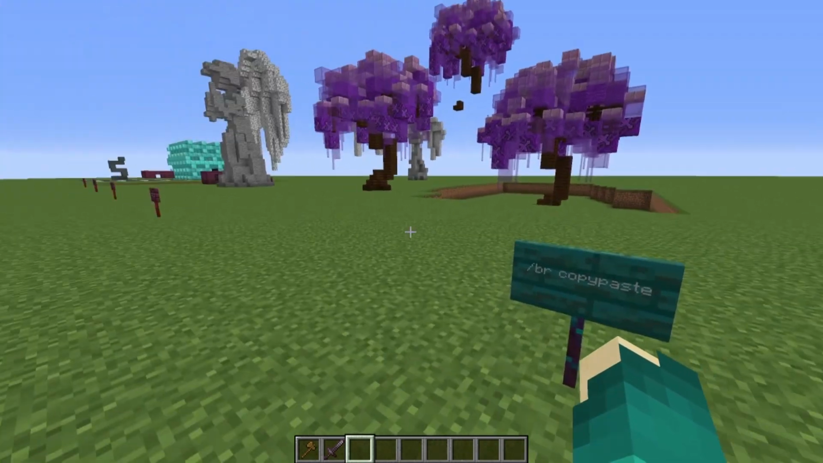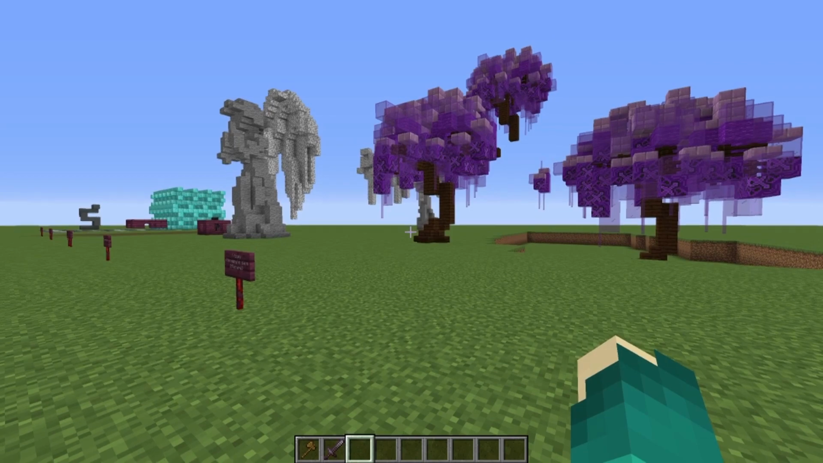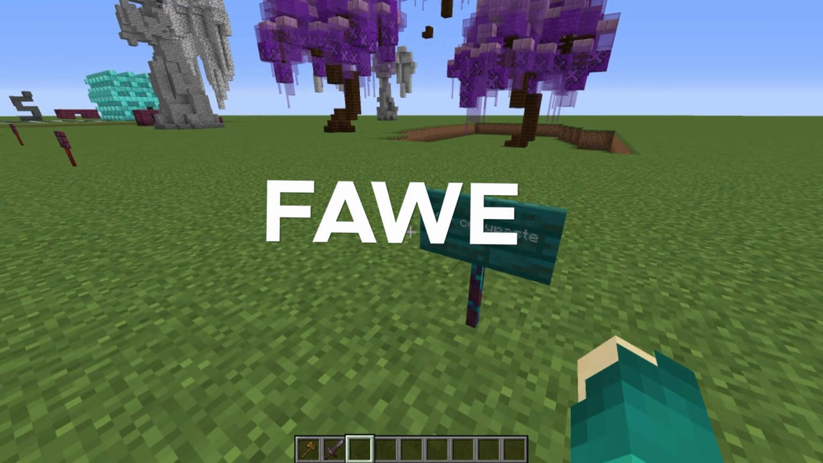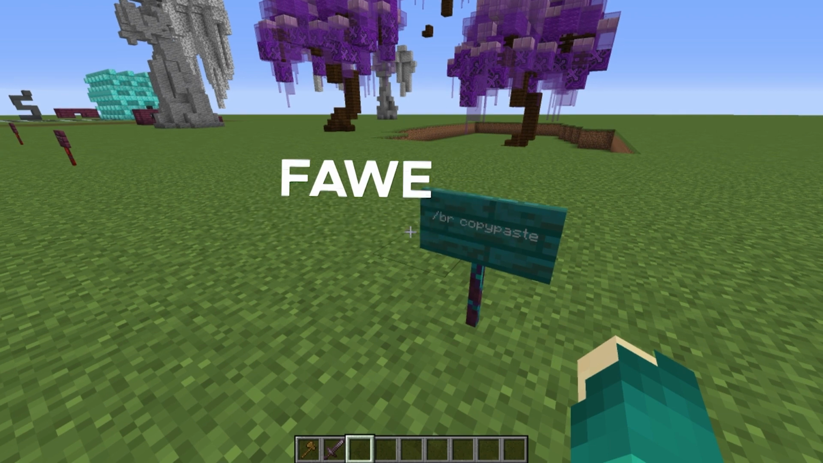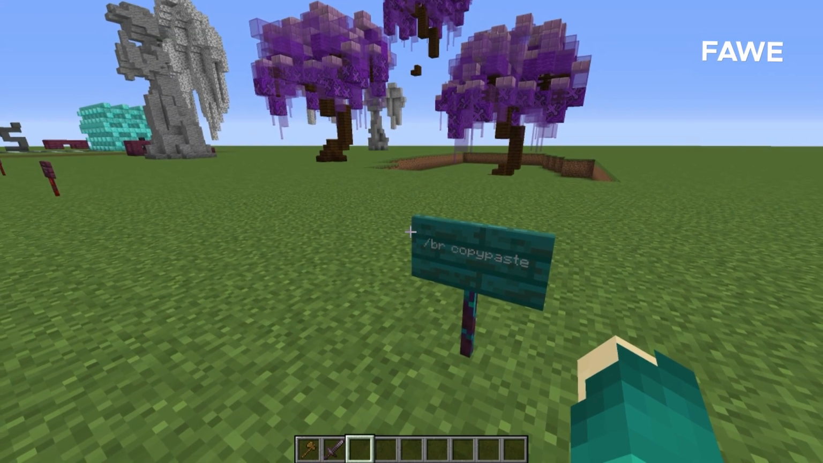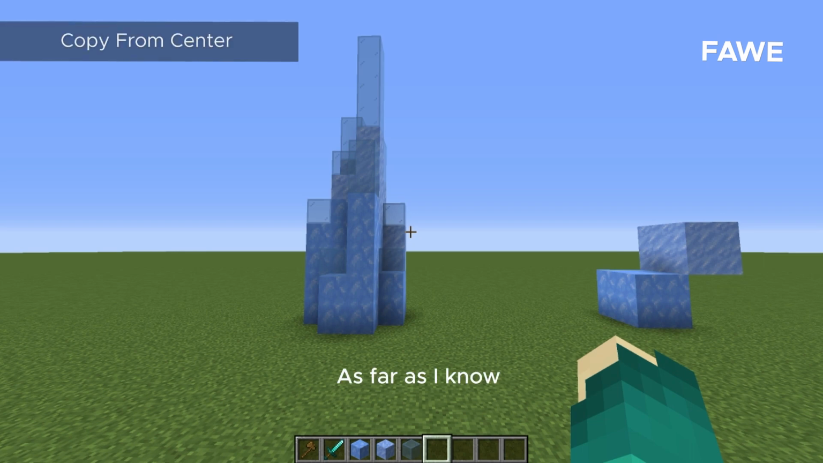I know this video is already getting pretty long and we went over a lot of commands, but as a bonus, I want to go over the BR copy paste command, which is basically the fast async version of the BR copy. It's much easier to use than the standard WorldEdit, but I'm going to explain this on a server that actually has fast async, so I will see you there in just a moment. You cannot do this in single player, but